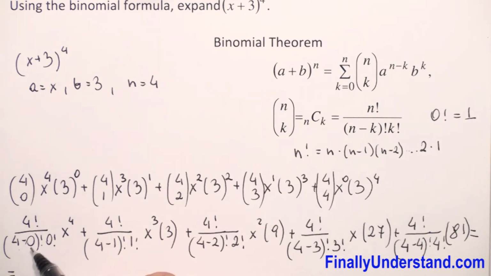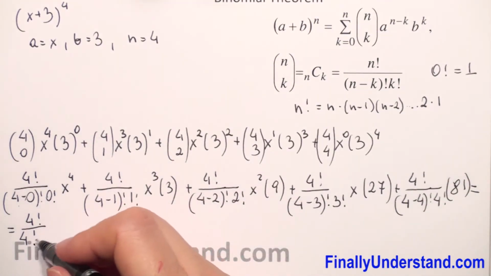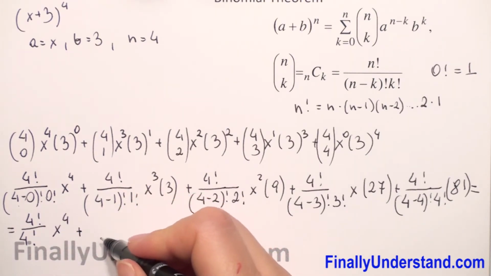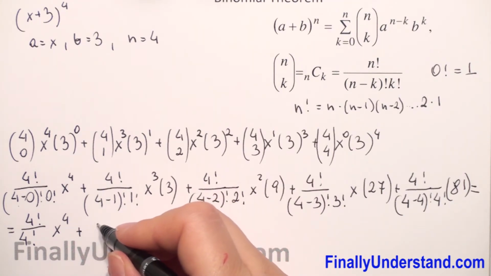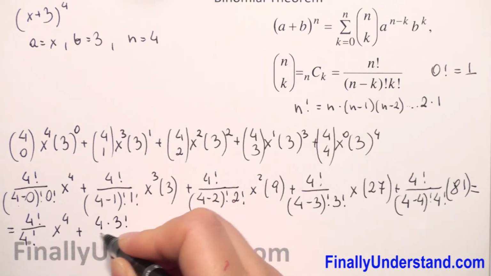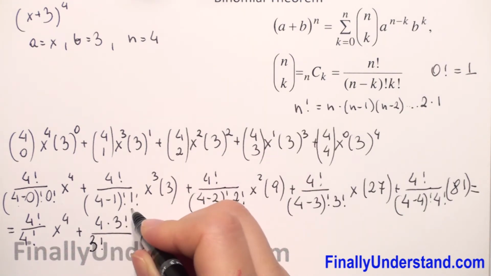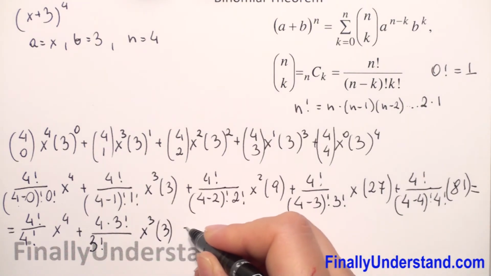Because in the numerator we will have 5 factorial, so I will leave 5 factorial in the numerator. We'll reduce 4 factorial with 4 factorial. 0 factorial, like I said, is 1 from the definition, so we don't have to write it, and we have x to 4th power plus, because in the numerator we will have 4 minus 1 is 3 factorial, so I will rewrite 4 factorial, but this is 4 times 3 factorial over 4 minus 1, like I said, 3 factorial. 1 factorial is 1, we don't have to write it, and we have times x cubed times 3 plus,